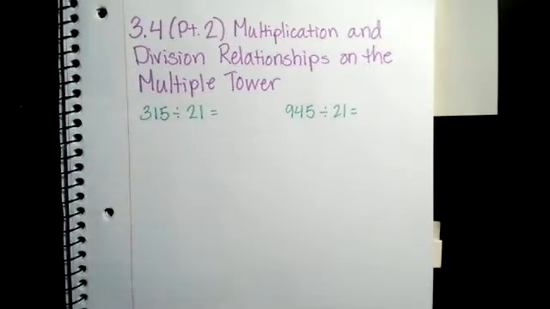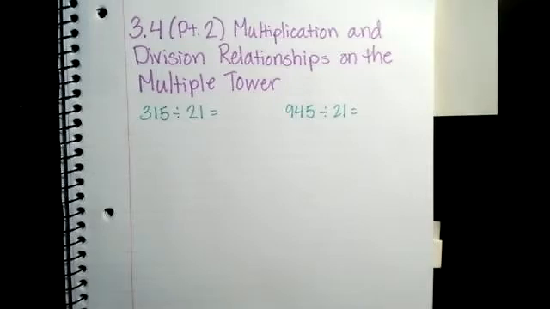This part is talking about multiplication and division relationships on the multiple tower. So we've talked about multiple towers before. We used the number 21 to make a huge multiple tower up to, I think we went all the way up to 50. So now we're going to be using that multiple tower and looking at the relationships between the numbers on there and how we can use that multiple tower to solve even bigger problems with the numbers we